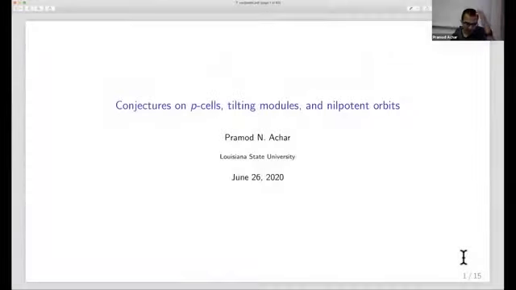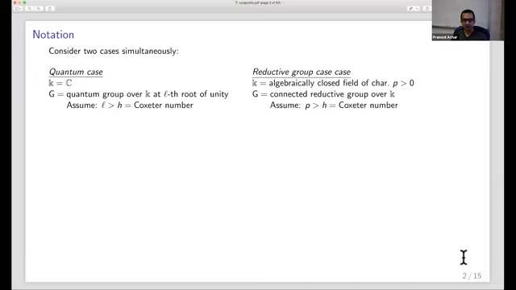So the main goal is to explain some conjectures, which are checked in a couple of cases, and there's some evidence for them. I'll motivate them with some theorems, and then formulate some conjectures. My talk is going to consider two cases simultaneously, and I'm going to try to keep to this pattern where the quantum case goes on the left side of the screen, and the reductive group case goes on the right side